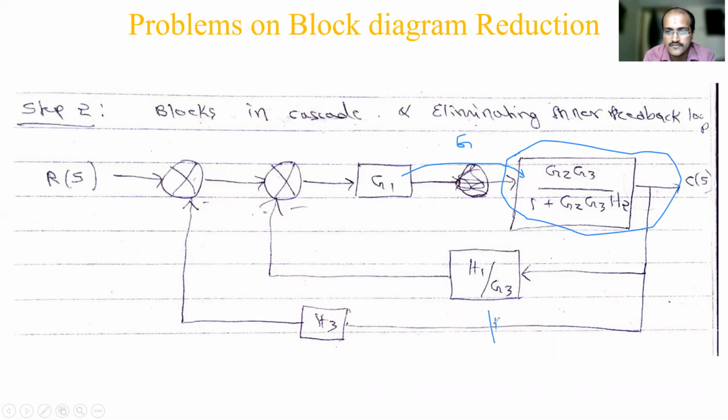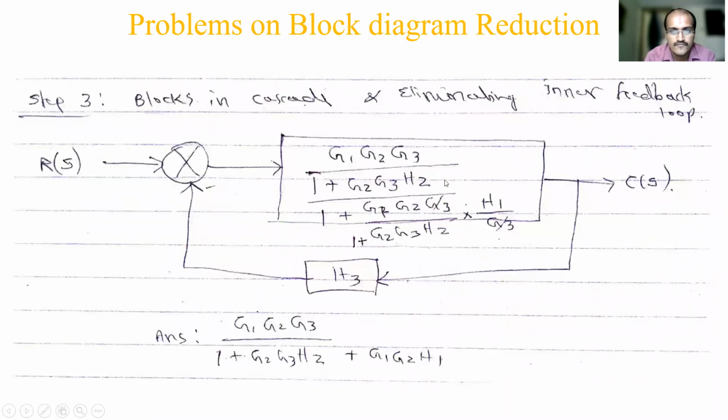Okay, the feedback path, and there is a minus sign, so G by 1 plus GH. So this is a minor feedback loop. So this requires separate simplification, you can simplify and write over. So the simplification I have shown down. So this is G1 G2 G3 directly I have taken, 1 plus G2 G3 H2, divided by 1 plus G1 G2 G3 by 1 plus G2 G3 H2 into, so it is a denominator, right? So H1 by G3. So the H part is H1 by G3. So that I have written.